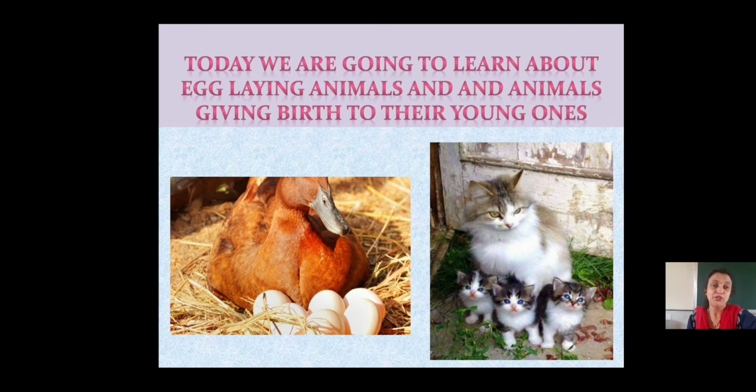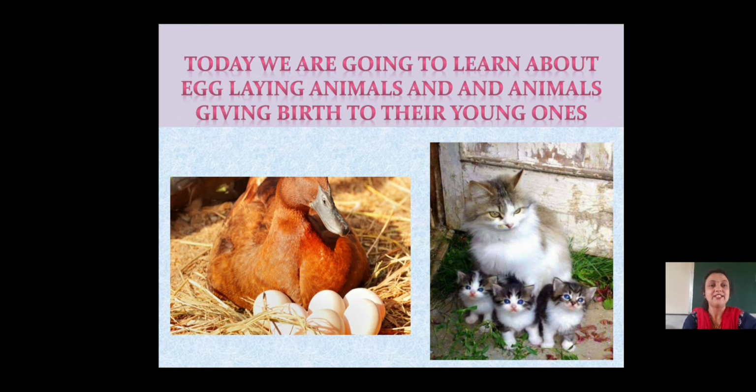What do you see here in the picture? Write your answers in the comment box. See, in the first picture, the ears of the duck are absent, while in the second picture, the cat has ears. In the first picture, the duck has feathers on its body and the cat has hair on its body, right? So I have told you two major differences: hair is present and ears are present.